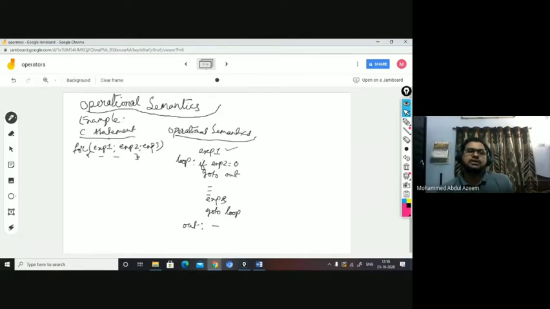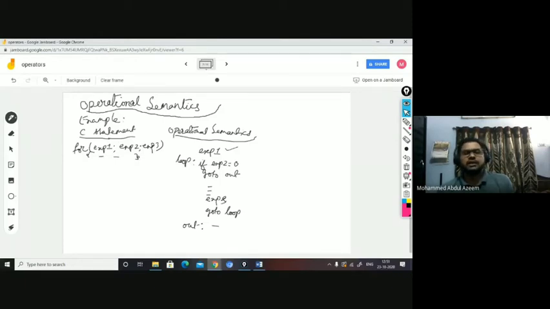Then expression 3 will be executed. And then you go to loop. It means the control will be transferred to the condition, and the condition will be checked again. If the condition is found to be true, again you will execute the for block, then execute expression 3, then go to loop again.